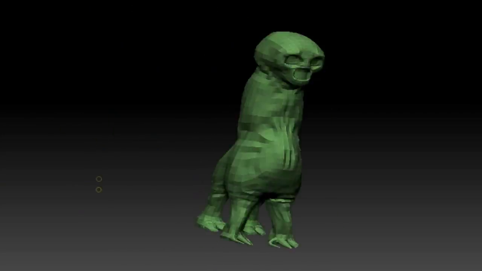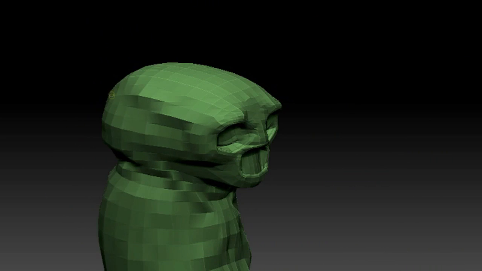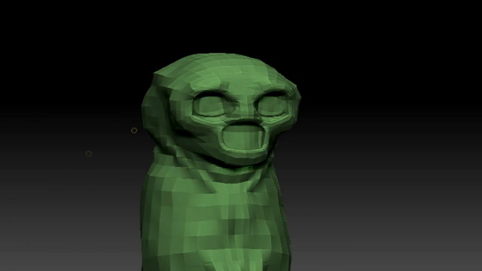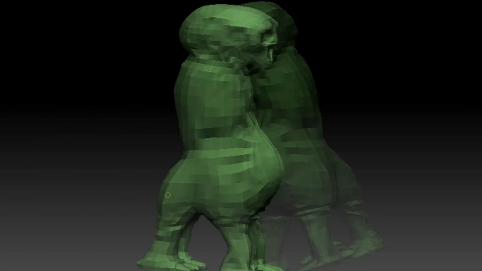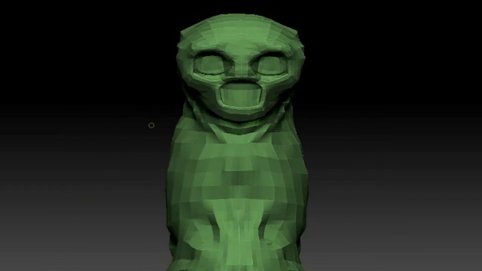Now I have to keep in mind when I was doing this, I can't go off too far from the actual creeper, because it will not look like a creeper at all. So I'm basing it off of the shape of the actual mob, and you guys will see that in the final, so you will know what I mean later on.